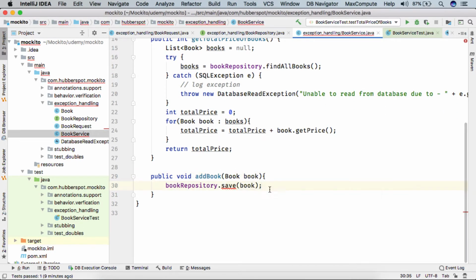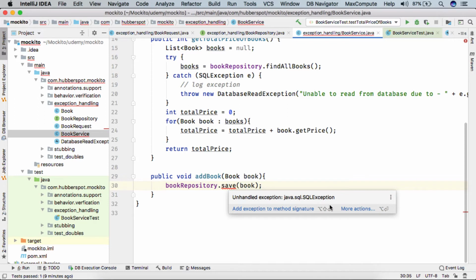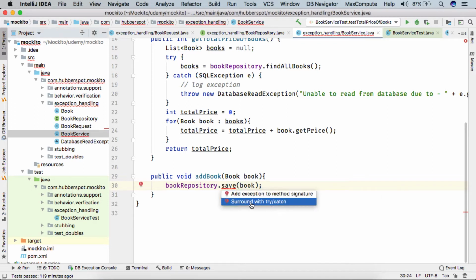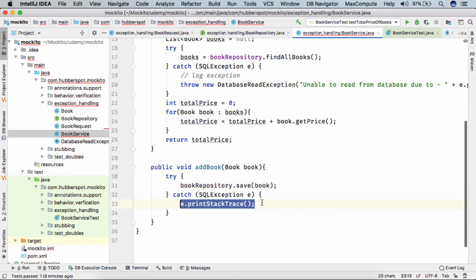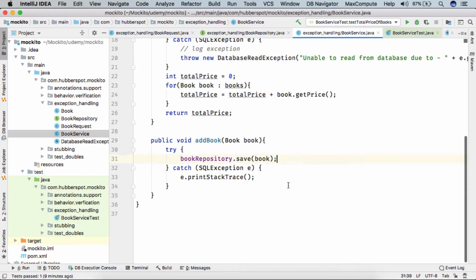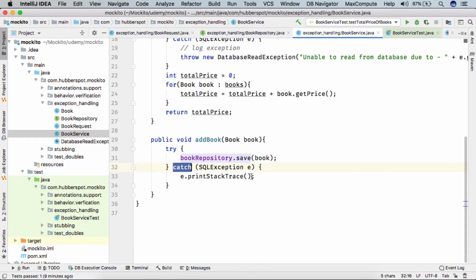So friends, here you can see we need to catch the SQL exception. So we surround it with try and catch. In the catch, we can simply log the exception, and then we can throw our own customized exception.